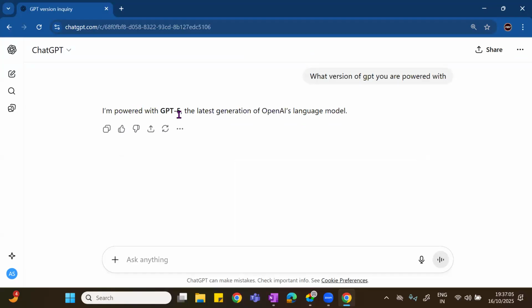I'm powered with GPT-5. Can you see? GPT-5, the latest generative AI from OpenAI. OpenAI is a company. So there it is.